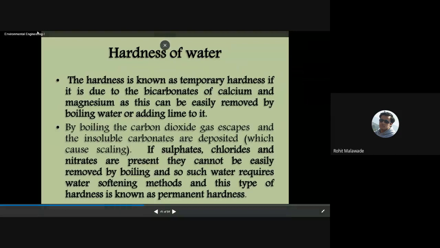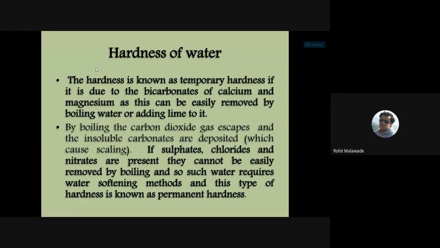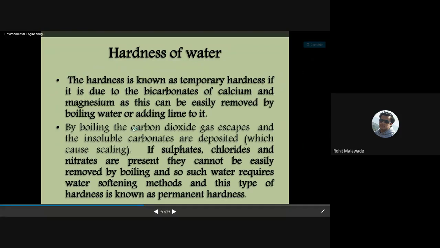Now, there are two types of hardness in your water: one is temporary hardness and one is permanent hardness. Now, we will see what temporary hardness is. If your water is associated with calcium and magnesium carbonate and bicarbonate, it imparts temporary